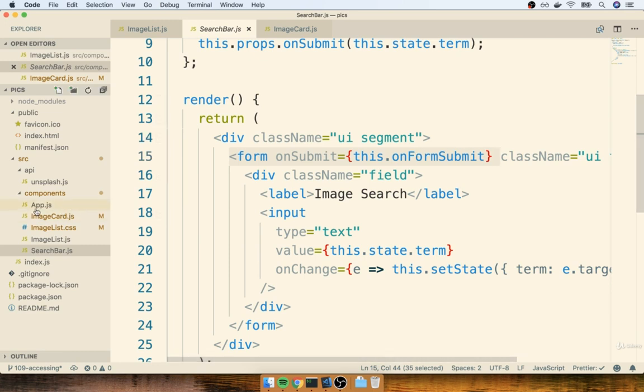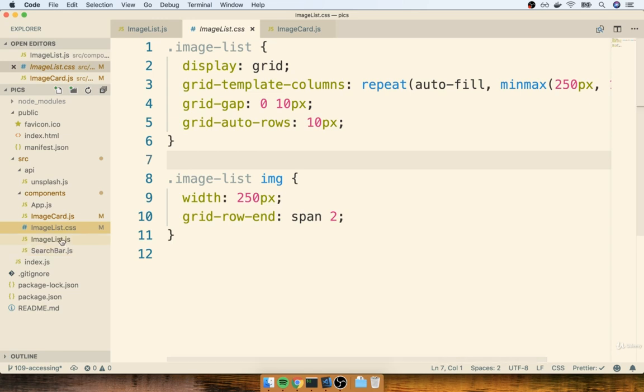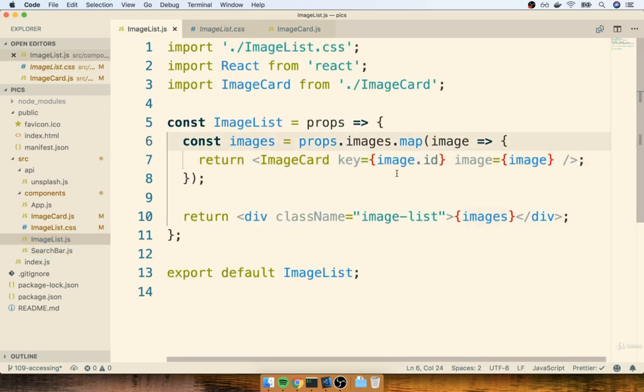All right, so the next thing we ran into was inside of our imagelist.js file. We learned a little bit more about how to render lists. So the key thing to keep in mind here is the map function from JavaScript. Every time you want to render a list, you're probably going to be reaching for that map function.